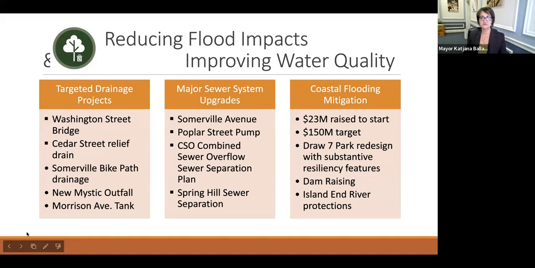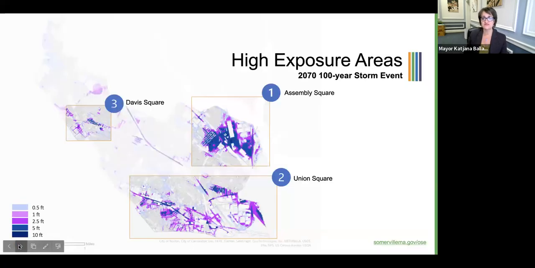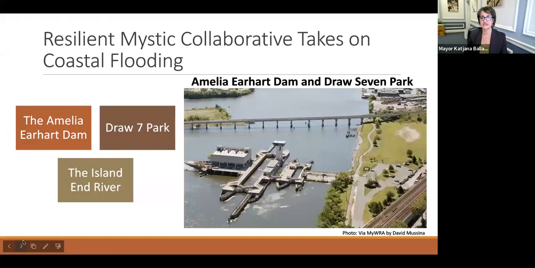This map shows Somerville's areas most likely to flood in a 100-year storm. They include Assembly Square, Union Square, and Davis Square. We are not just sitting back and waiting to be surprised by this. We're currently hiring for our first sustainability and resiliency planner to expand our work to tackle these projects and challenges. We're also working with a regional coalition